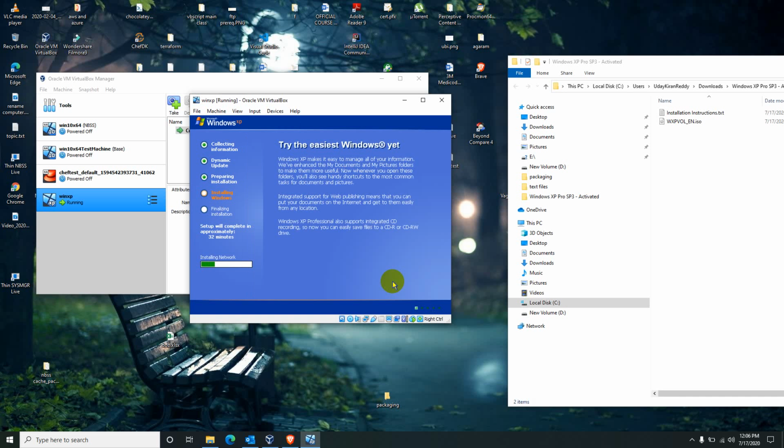See, if you are installing this ISO file by burning it to a USB and installing on a physical machine directly, then you need to install the specific hardware drivers like audio and network and all, provided by that specific laptop or desktop vendor. From Windows 7 you don't need to, but Windows XP you need to install these drivers. As I am installing on a VirtualBox VM, I don't need to. VirtualBox will take care of that.